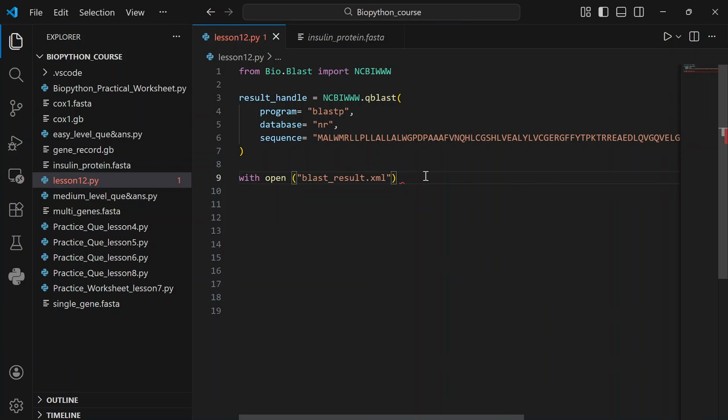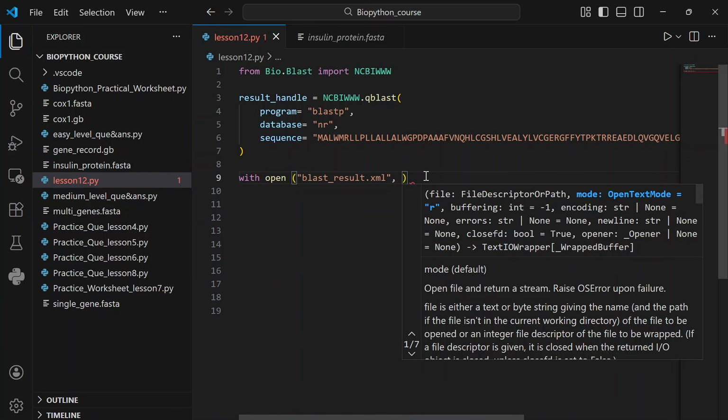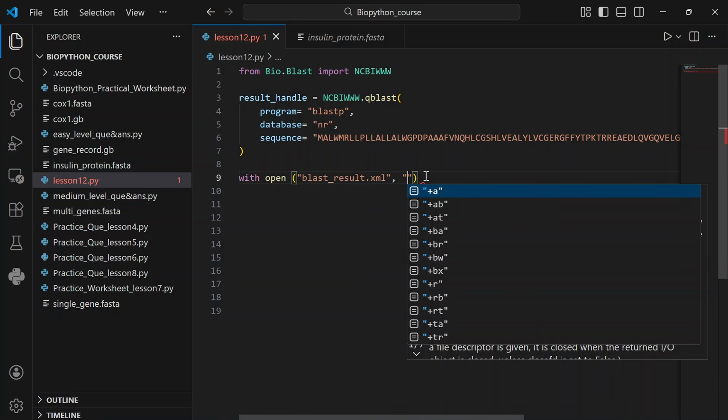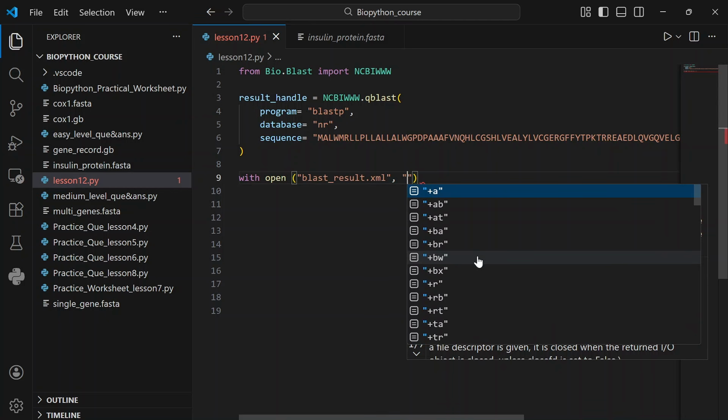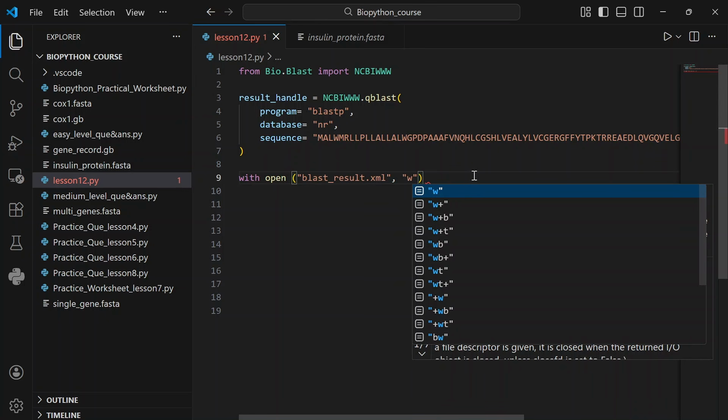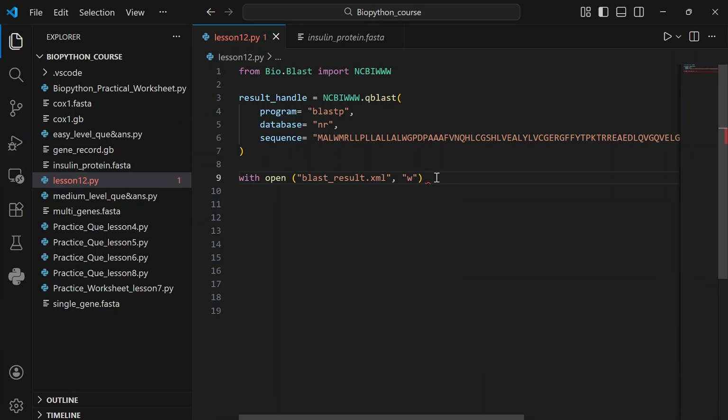Now there is one more input that we have to give. We have to open our file in a mode. So we are going to open our file in write mode. Everything that you are seeing here, these are modes, that is, in what mode we want to open the file. As we want to save our result in this file, I am opening this file in write mode. So it's very easy. W is for write. So what I have done here, I have given the name of my file and I have opened it